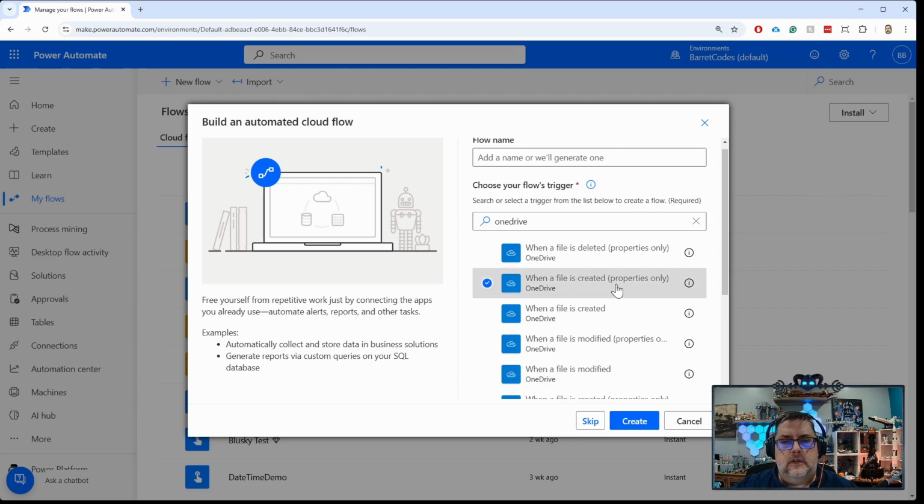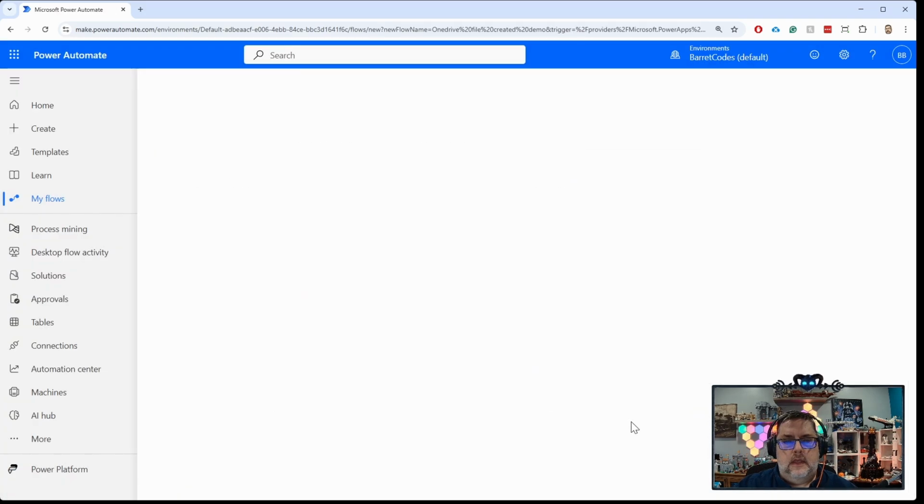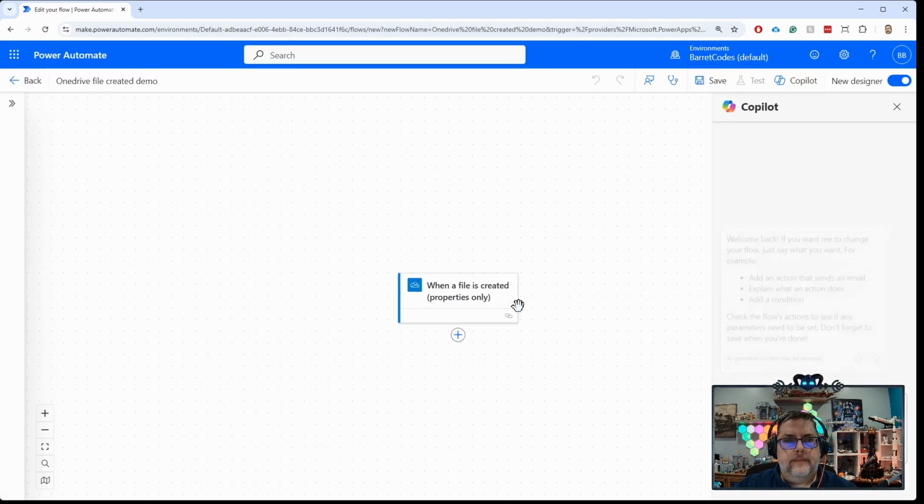So for instance, if I go ahead and click on that here and put a name on here, with this you can set the number of files to be grouped together, the maximum number of files. So if we create that,